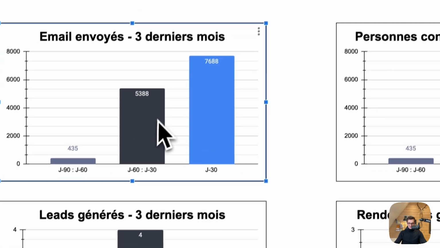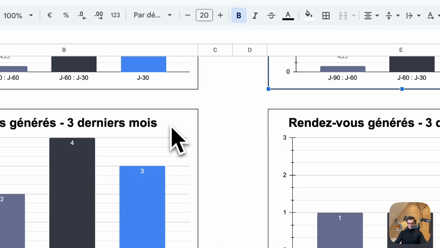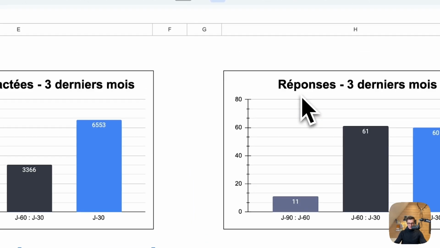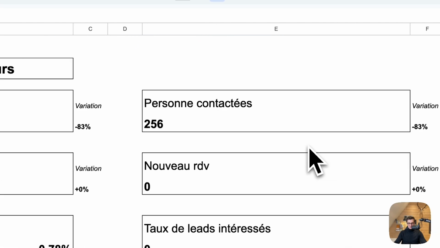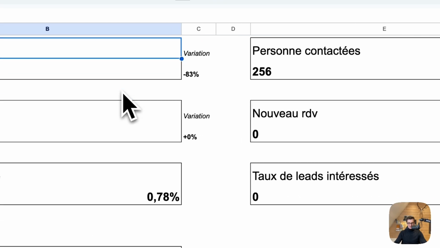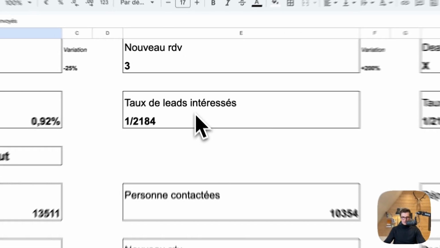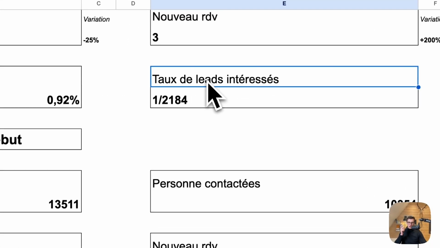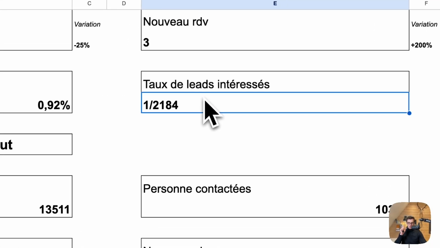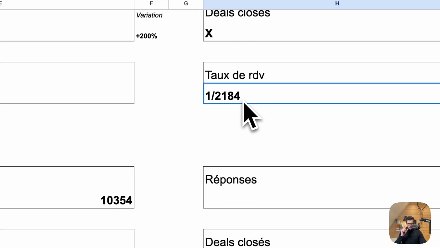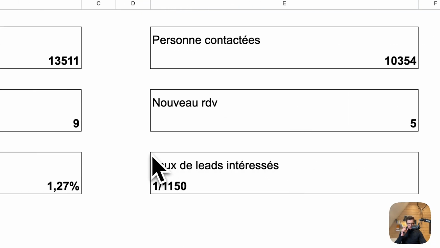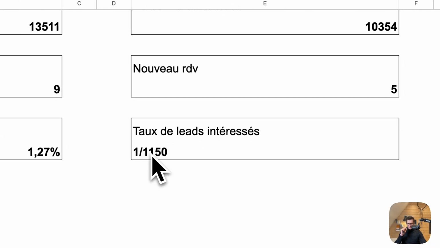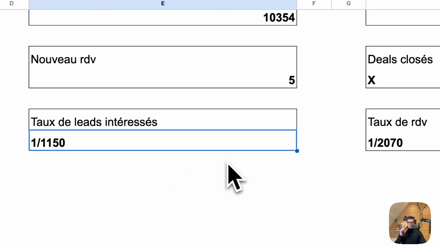So: emails sent last 3 months, persons contacted last 3 months, leads generated, meetings booked, answers, and then I've got the last 7 days, which is some cool stuff. I've got some rates, some ratios. So this is the ratio per interested lead, ratio per booked meeting. And then if I go all time, which is the most important part, I've got the ratio for interested leads,